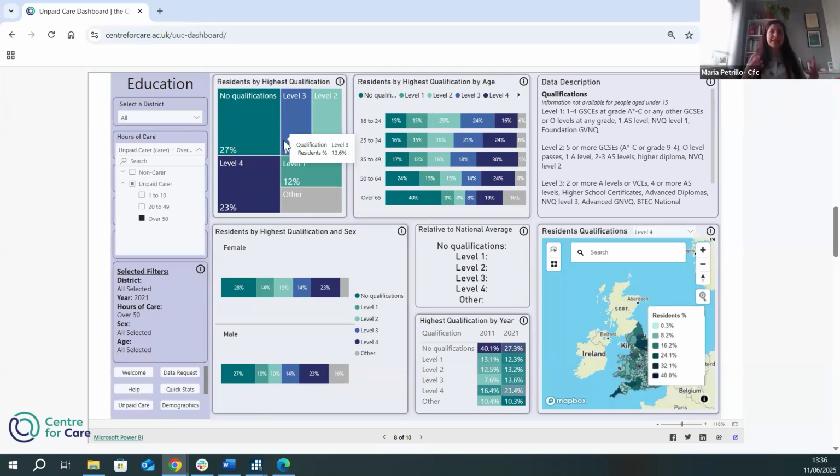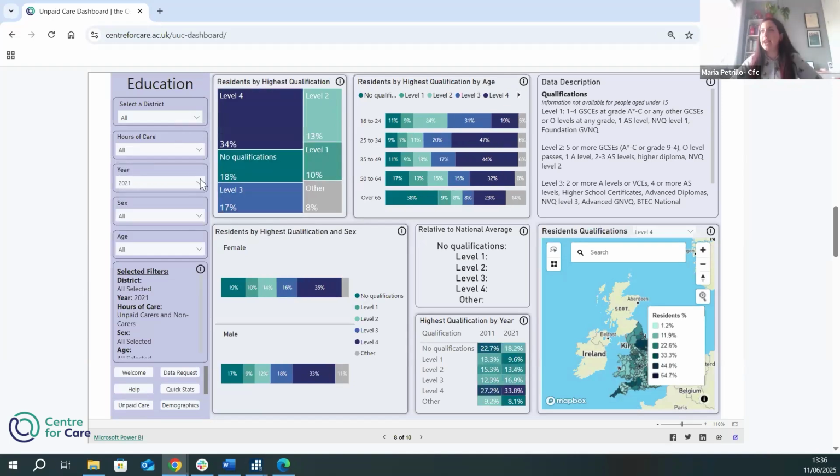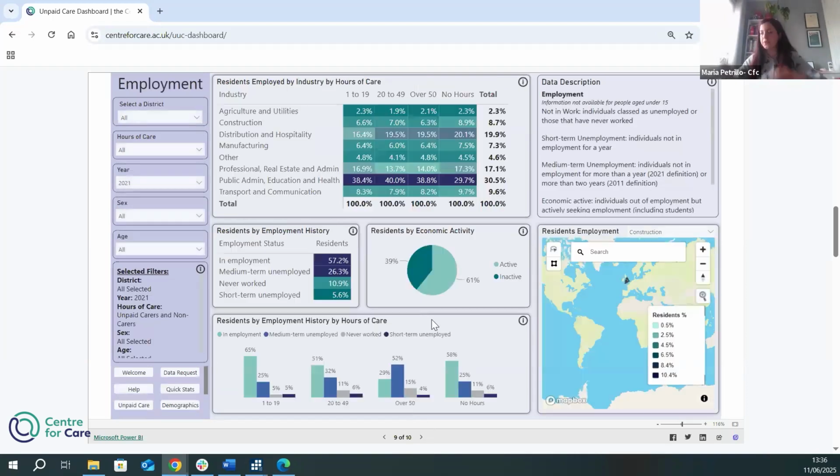So as you can see, there is something to investigate here, a link. We don't know the nature of it. We need to do analysis on it. But the dashboard is really good at capturing these little trends that are useful for future research. So let's clean the filter and let's go to the next page, which is the employment page.